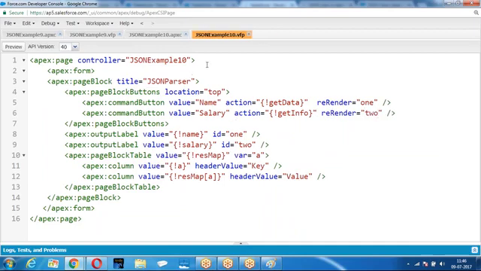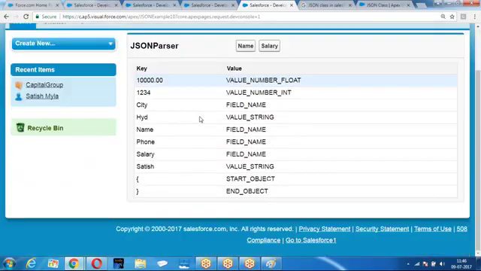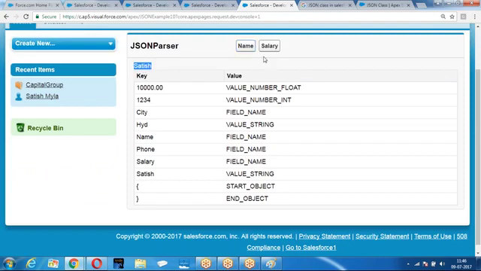Right. So whenever I want only name, this is the complete set of tokens and the labels of the tokens. For name, we are getting name equal to Satish. For salary, we are getting the salary. We are taking only those particular values. Are you clear? So how are you breaking it? First break them into a number of tokens, take one token at a time, identify which token you want, read the value, and use it according to your requirement. I hope you are clear. Clear for everyone? Right. This is all about deserialization using JSON.